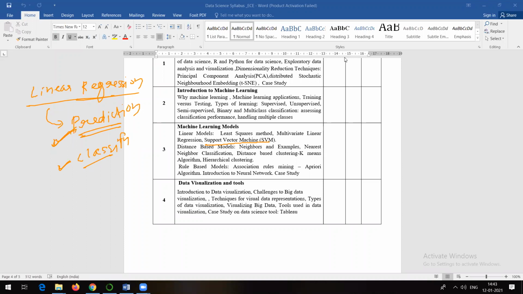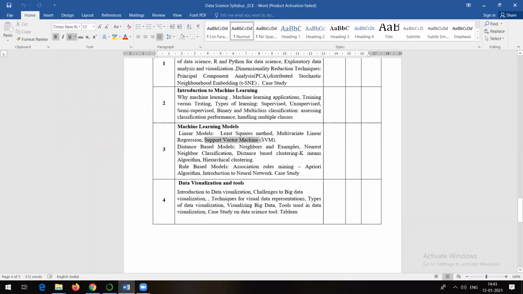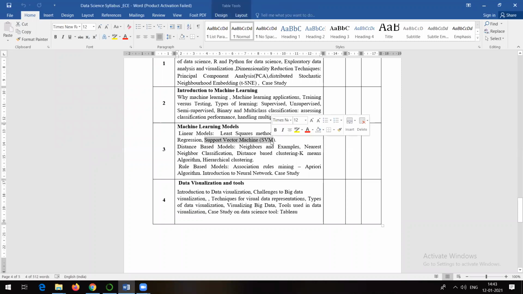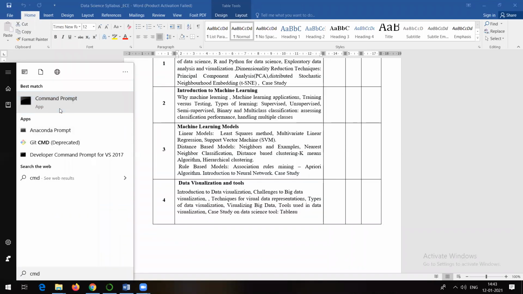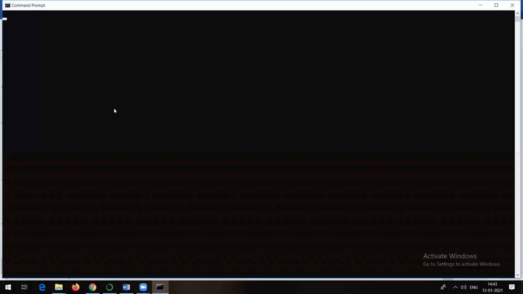So let me give you a basic idea about support vector machine. What is support vector machine? Why is it used? What are the applications of support vector machine? And how to implement that? We will go and see the implementation of support vector machine, and definitely which methods can be used to implement it, that also we will try to talk about. For that, I will first introduce some of the theoretical terms related to support vector machine.